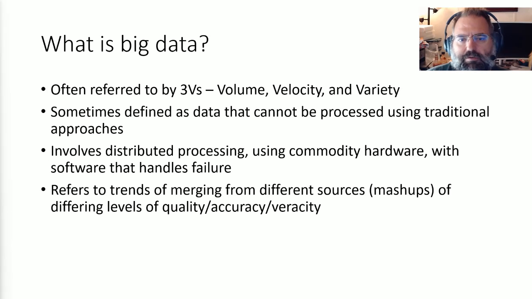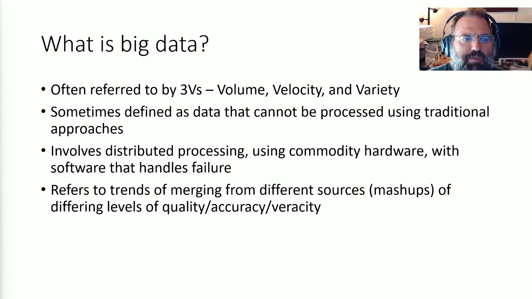So the first question that you should be asking yourself is, well, what is big data? And the answer is it kind of depends, and it depends on who you ask. It is one of those things that is kind of understood, but not necessarily empirically defined. So you'll often hear it referred to in terms of volume and variety and velocity. These three V's were one of the original sort of characteristics that were used to differentiate big data from other